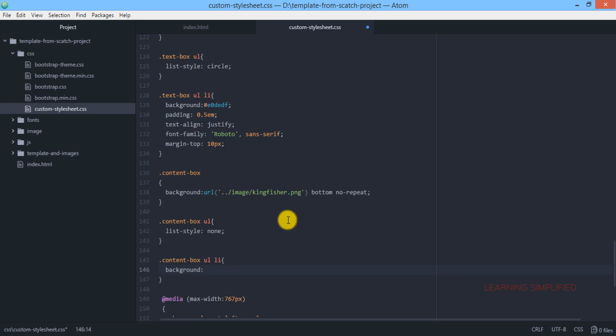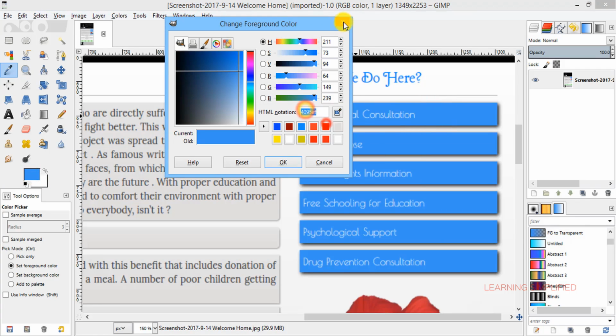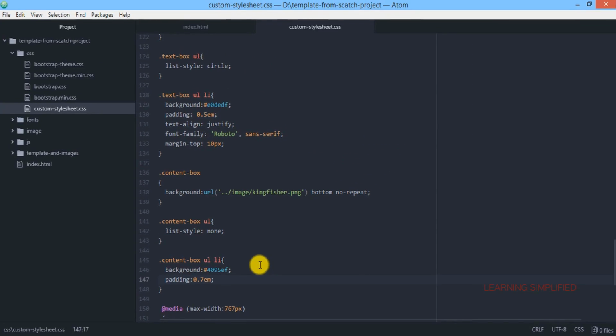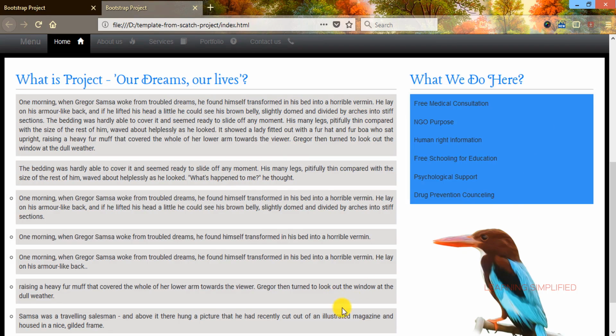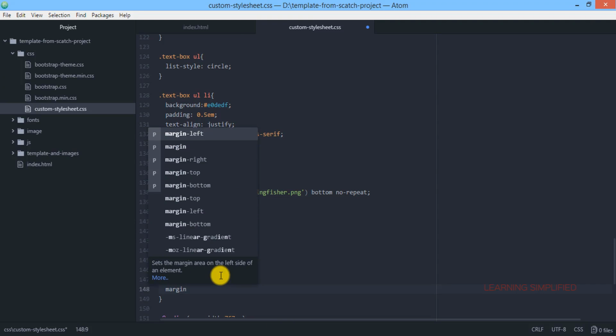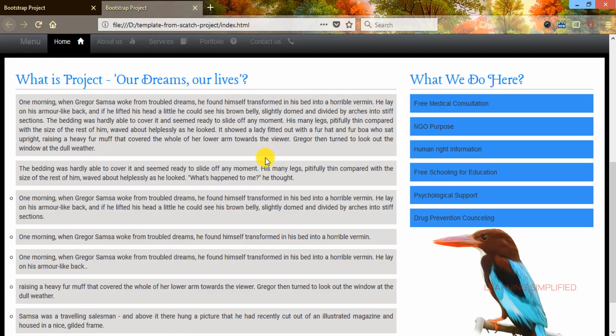The first thing is background. There you go. The next thing is we need to provide a margin top. Here it is, margin top is now provided.